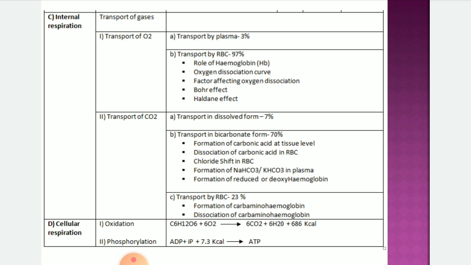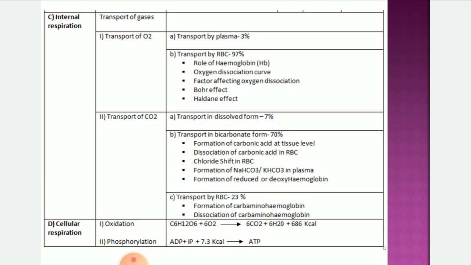What have we discussed in that? We have discussed the role of hemoglobin, that one hemoglobin combines with 4 molecules of oxygen. Then we discussed the oxygen dissociation curve, a curve plotted with partial pressure on the x-axis against percentage saturation on the y-axis. We discussed what factors affect the oxygen dissociation. 4 factors we have discussed, I hope you remember. Then we discussed the Bohr effect, that is shifting of the dissociation curve to the right side because of an increase in the partial pressure. We also discussed the Haldane effect. So these points we have discussed.